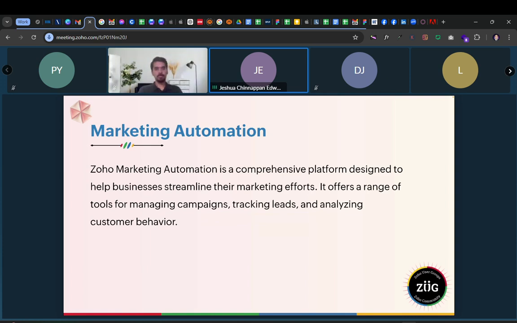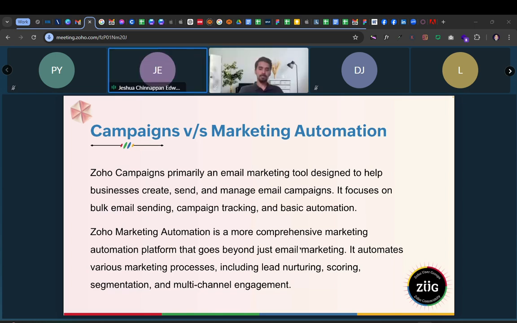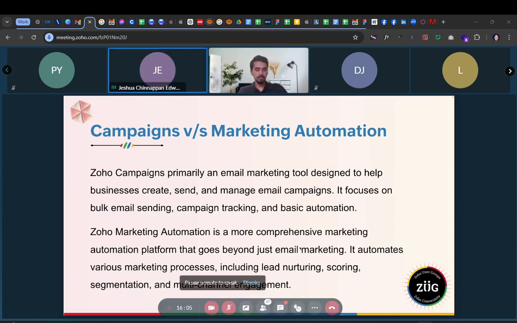You can do almost everything within marketing automation itself. Now, most of you might have used campaigns as well, and you might be having this question, why use another email marketing tool when you already have campaigns? So the main purpose of having Zoho Campaigns is that it's primarily an email marketing tool, where you can create, send, and manage your emails. And you can even track any response that the recipients give to your particular campaign. Whereas when it comes to